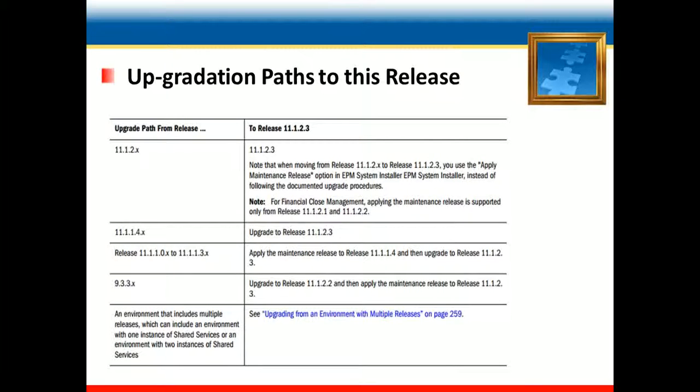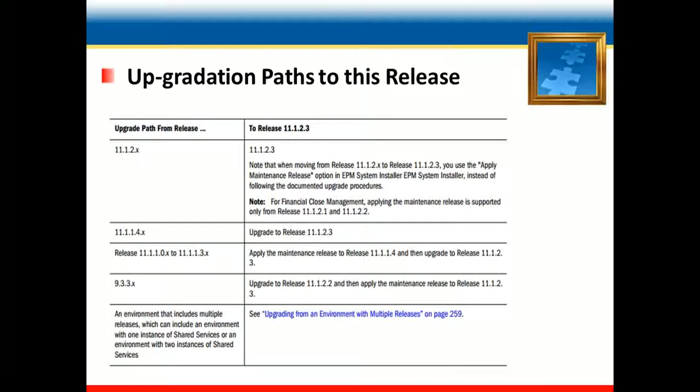And in this next slide, I have just added the upgradation part to this release. So, upgrade path from release and to release EPM 11.1.2.3.